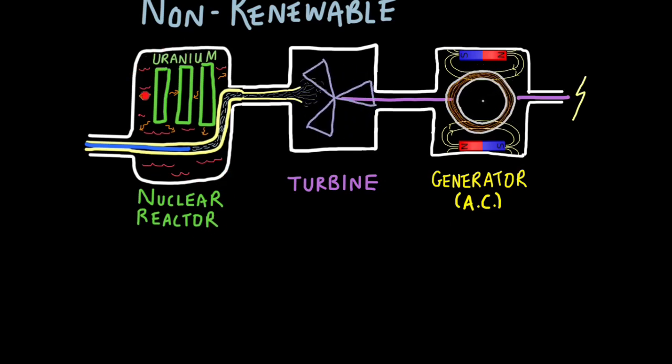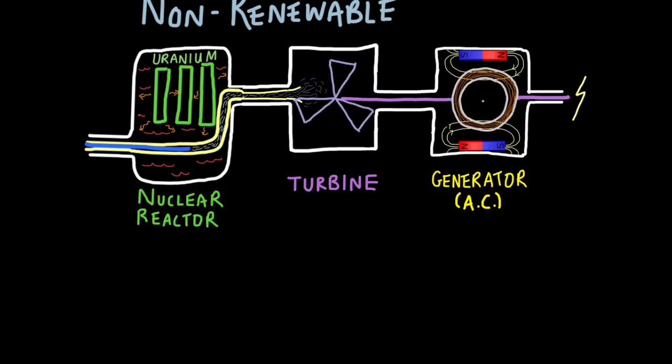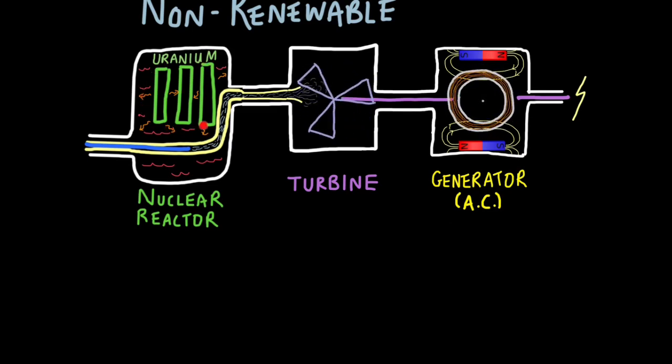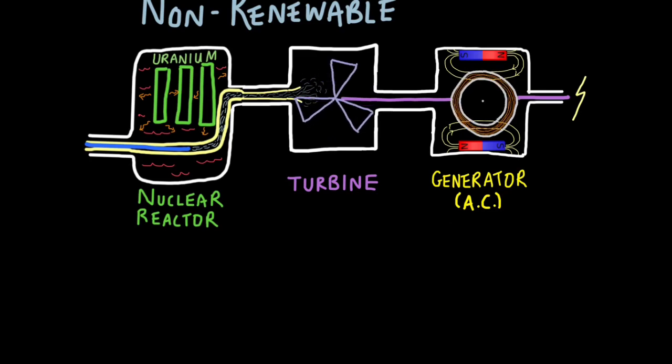Here we have uranium fuel rods as the energy resource, and they will be used to heat up a liquid called a coolant. This is achieved through a process called nuclear fission, but you'll learn more about that in P2. That coolant then heats the water which is running through pipes, and once again the steam drives a turbine and the turbine drives the generator to produce an alternating current,